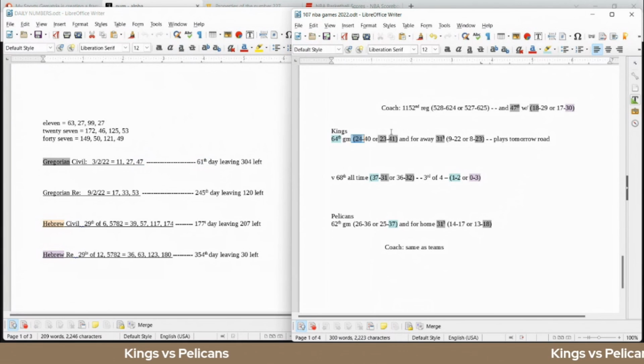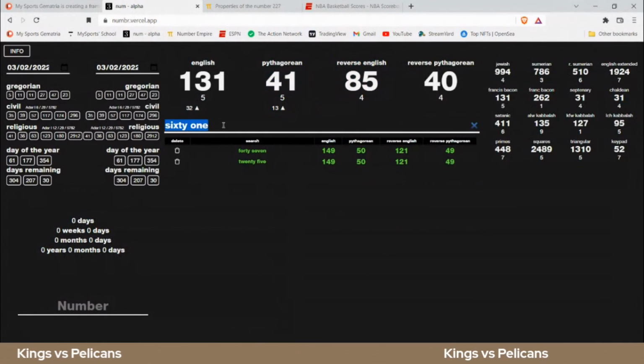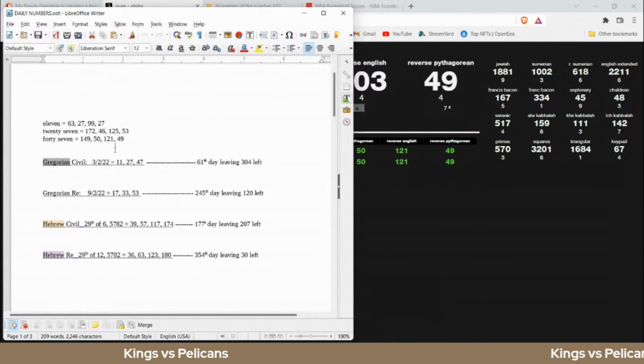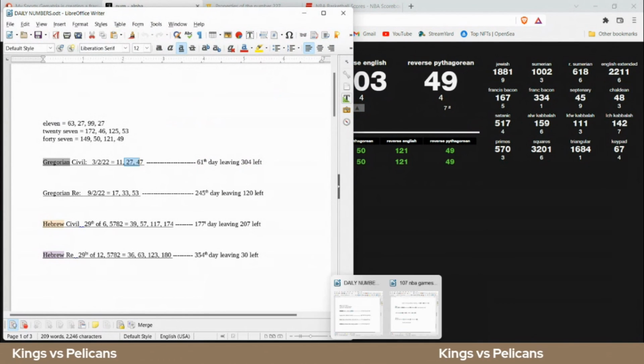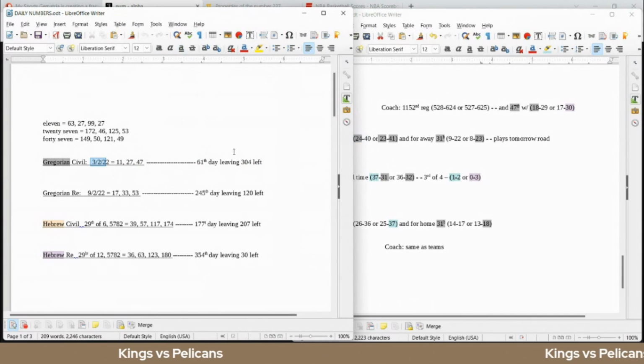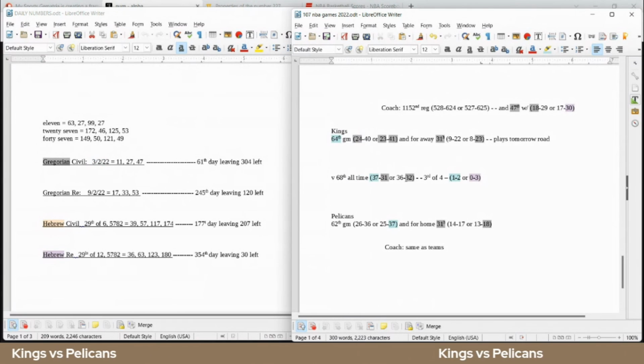Kings would get their 24th win for the season to go with 24 sums to 103, the 27th prime number, today with 27 date numerology on the Gregorian. They can get that 24th win. And then today is March 2nd, written 3/2, like 32. Kings can get that 32nd all-time head-to-head win against the Pelicans to go with, as Pelicans get their 37th loss